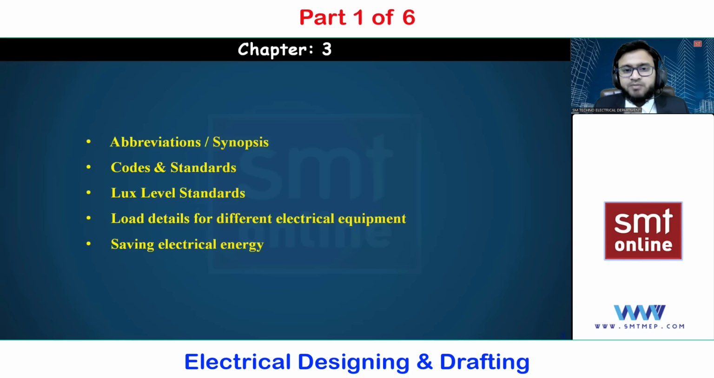In the next topic, you can see we have the lux level standards. What is meant by lux? Lux is the amount of brightness which we require in the room. Based upon the lux level only, we are going to find out the number of lamps or number of lighting